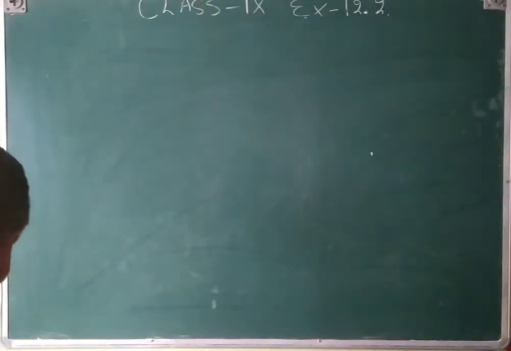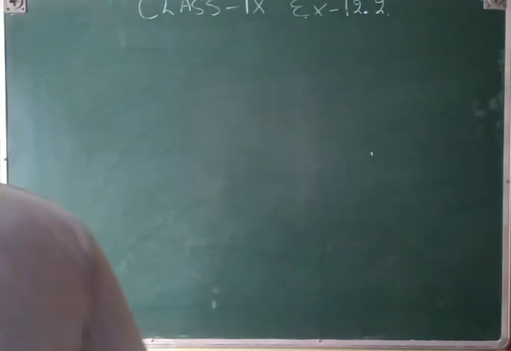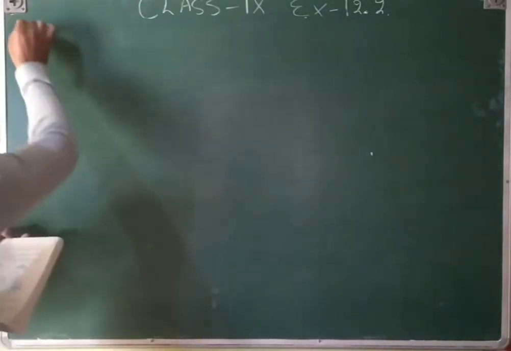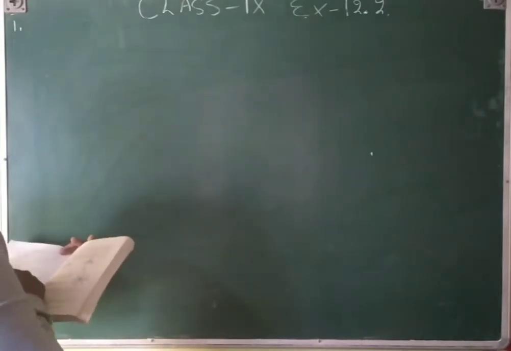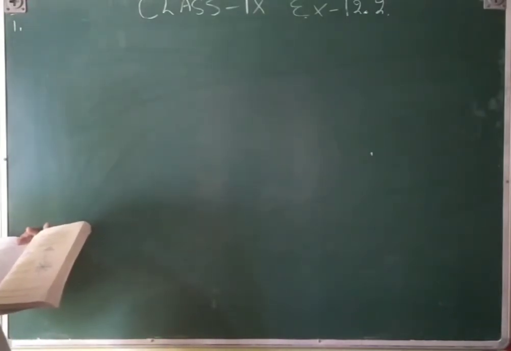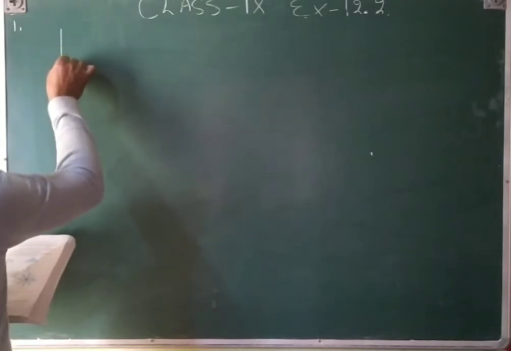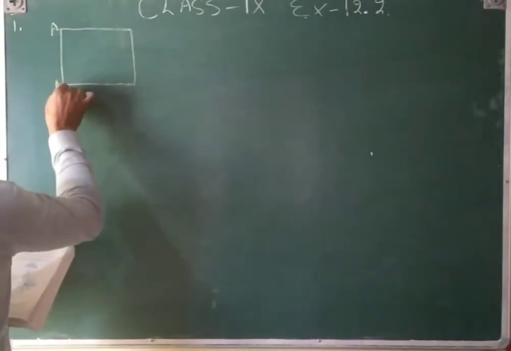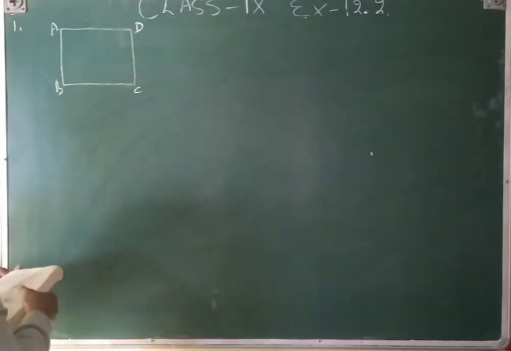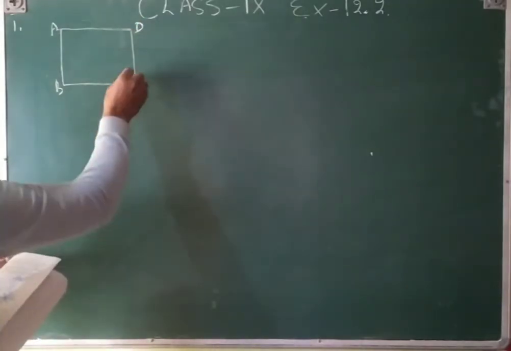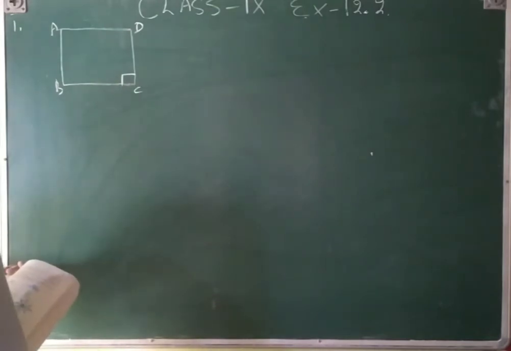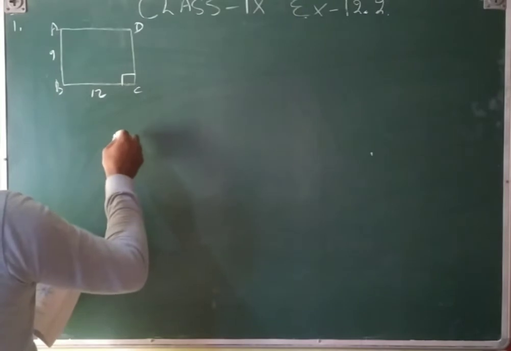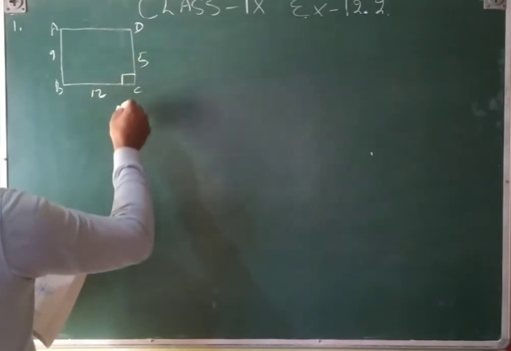That is exercise 12.2. Here we will see the quadrilateral also. The first question: a park in the shape of a quadrilateral ABCD. That means first of all we will draw ABCD, and then C is a 90 degree angle. AB is equal to 9, BC is equal to 12, CD is equal to 5, and AD is